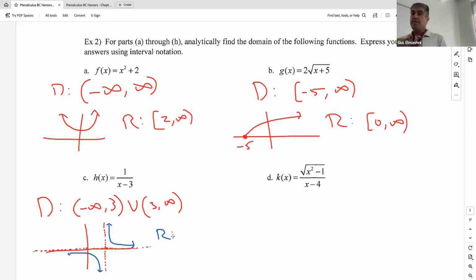So all reals except what? Zero, right? Except zero. And think numerically. This is a division problem. You're doing one over something. The top is always fixed at one. So can the top ever be zero? No. It's fixed, it's stuck at one. So can I get y awfully close to zero? Sure. I can do 1/1,000,000, like 0.001, or 1 over negative, like negative 0.001, but I can never get to be zero, right? So sometimes you have to think a little more critically about those. So that's from negative infinity to zero